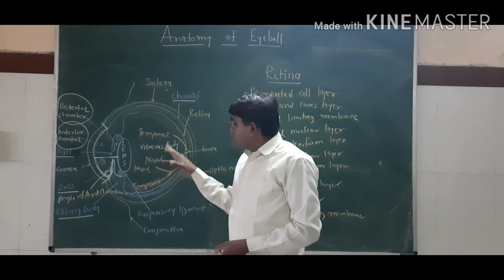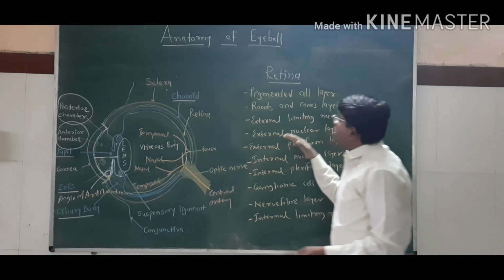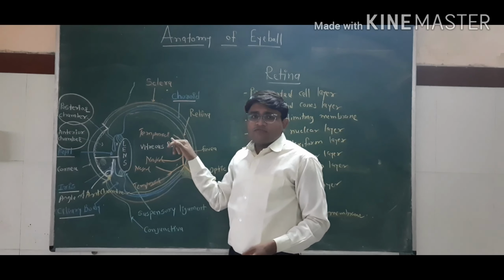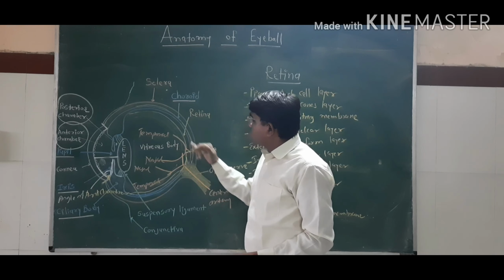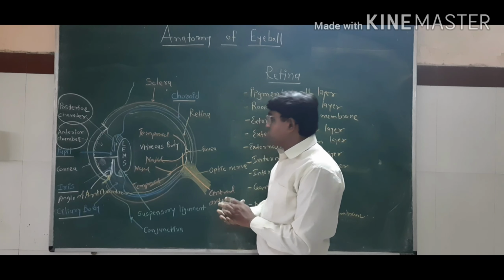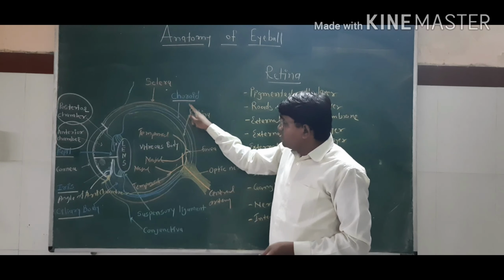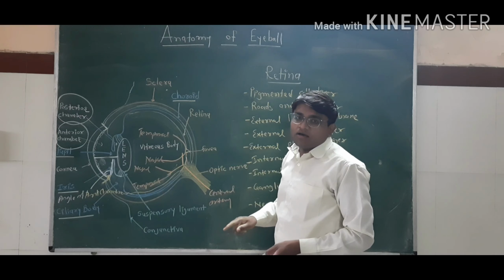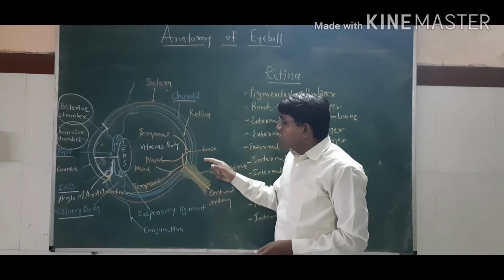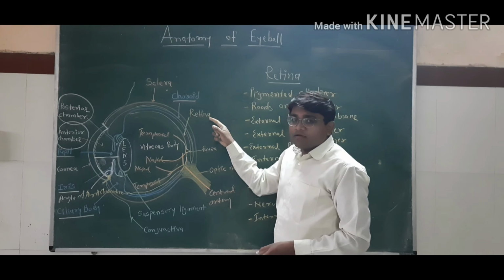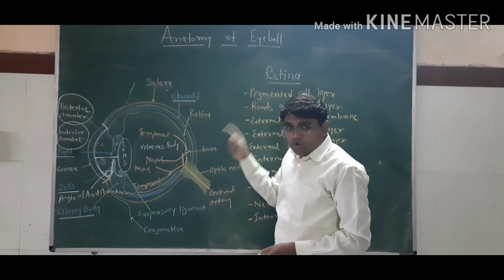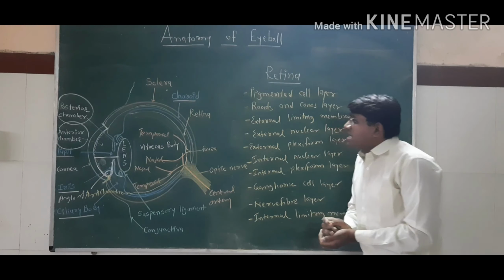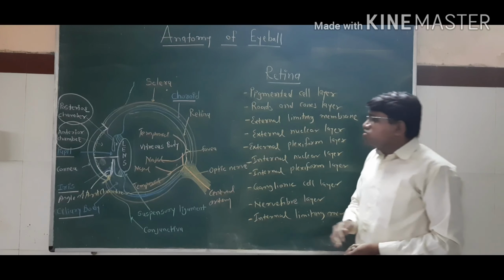Okay. These arteries are supplying all layers of the retina. Okay, but the rods and cones, we have already discussed that the rods and cones are nourished by the vessels present in the choroid by the diffuse method. Okay, so what is the clinical anatomy of the retina?